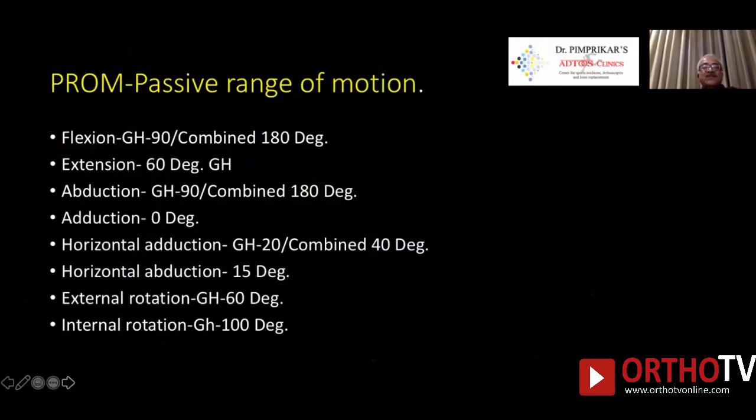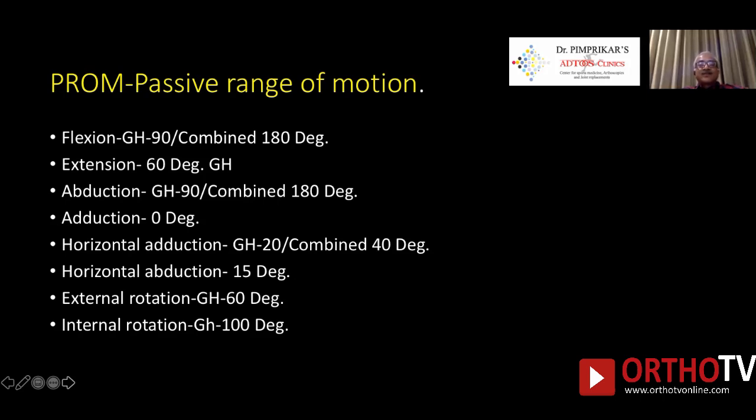Now we come to what is called passive range of motion. When you see the patient perform active range of motion, you have to do passive range of motion yourself. In this situation, we have to see that the joint is moving through the glenohumeral joint, because in all the movements of the shoulder joint, it is not only the glenohumeral joint, but also the scapulothoracic movement, which is also aided by movements of the acromioclavicular and sternoclavicular joints.